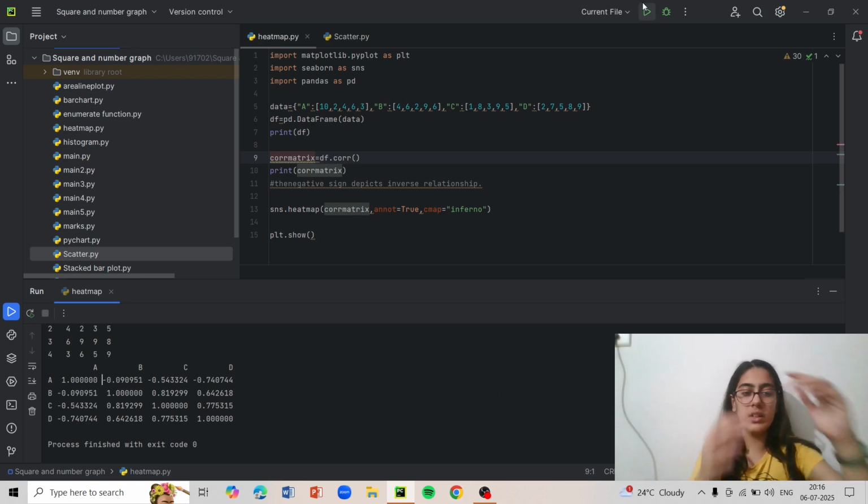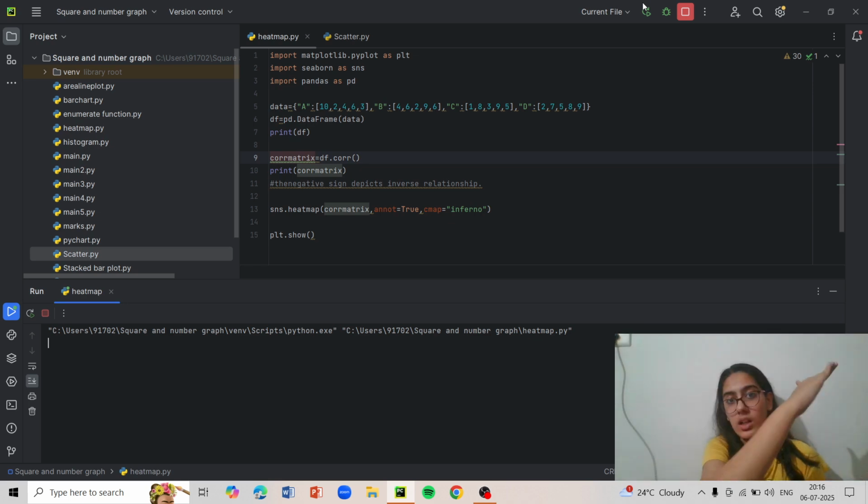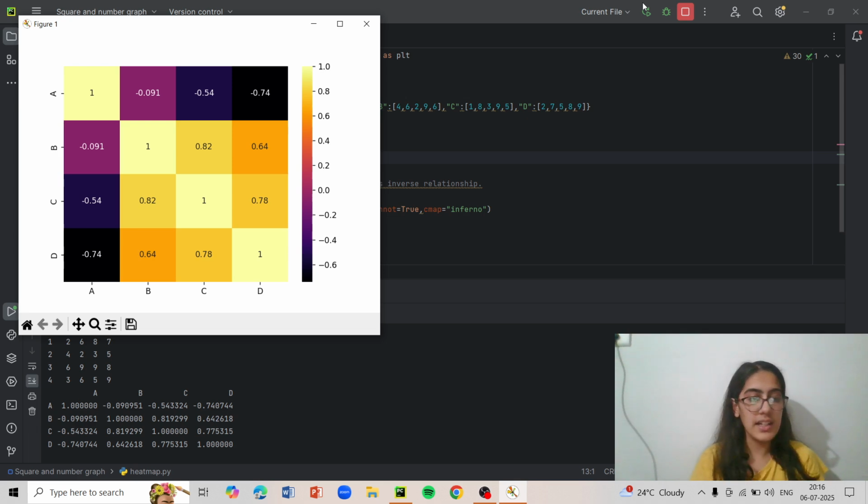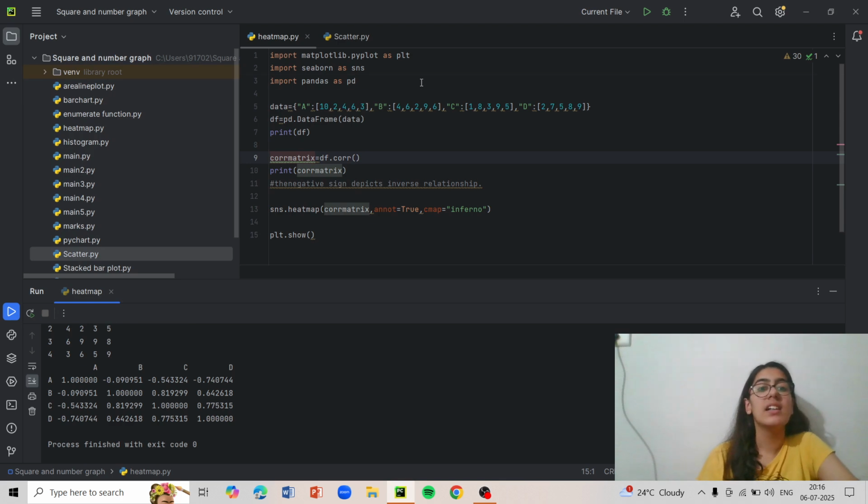So when we run over here also, you might see that the yellow color should be in a slant. Yeah, there we go. The lightest yellow, we might call it peach, goes in a slant. 1, 2, 3, 4. When A reacts with A, as you might see over here with the cursor, A reacts with A, B reacts with B, C reacts with C, and D reacts with D itself. This is how it should be. Now I'll show you how to write it line by line.